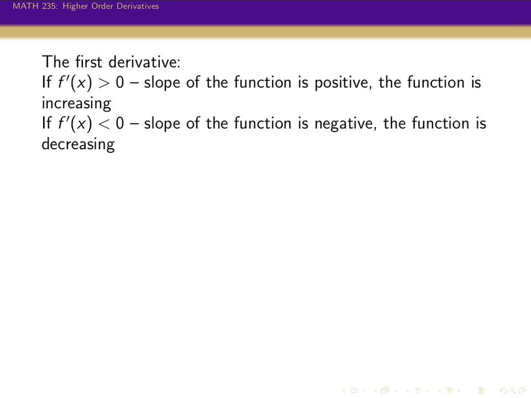And if the slope of the function is pointing down, that means that as we move to the right, the function is decreasing. So a negative first derivative means something is decreasing. Lastly,